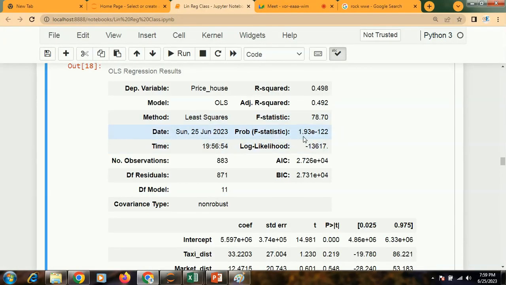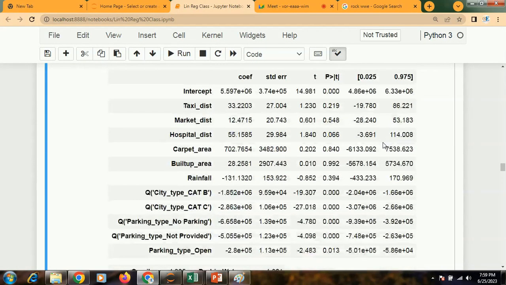Once it is checked, then what you need to check over here is, except the first line, except the intercept, all the independent variables, their p values, this value should be less than 0.05. But we can see there are a bunch of values which are not less than 0.05.